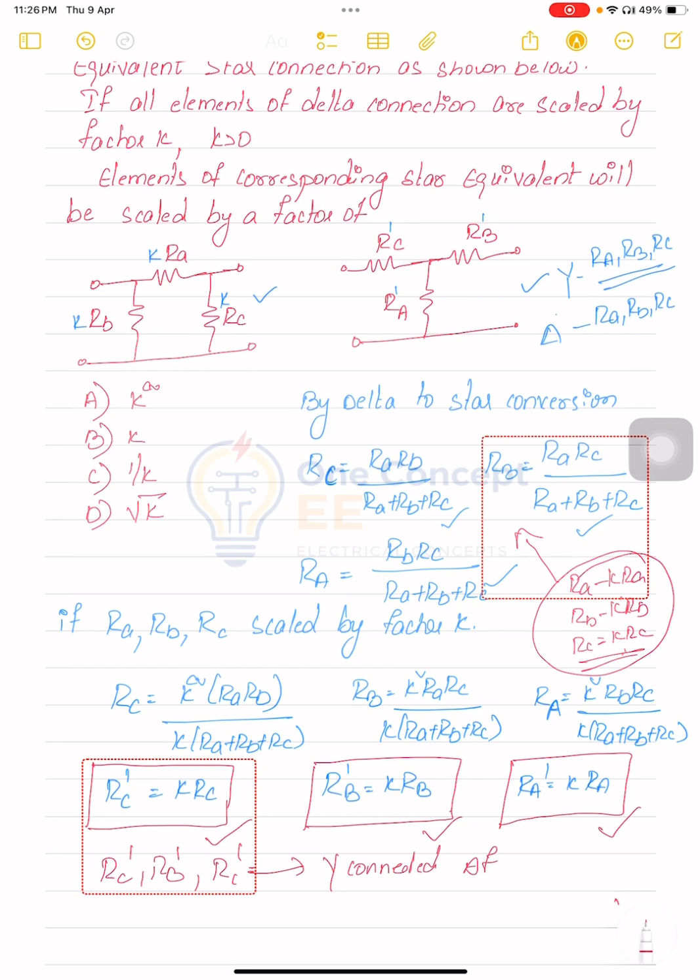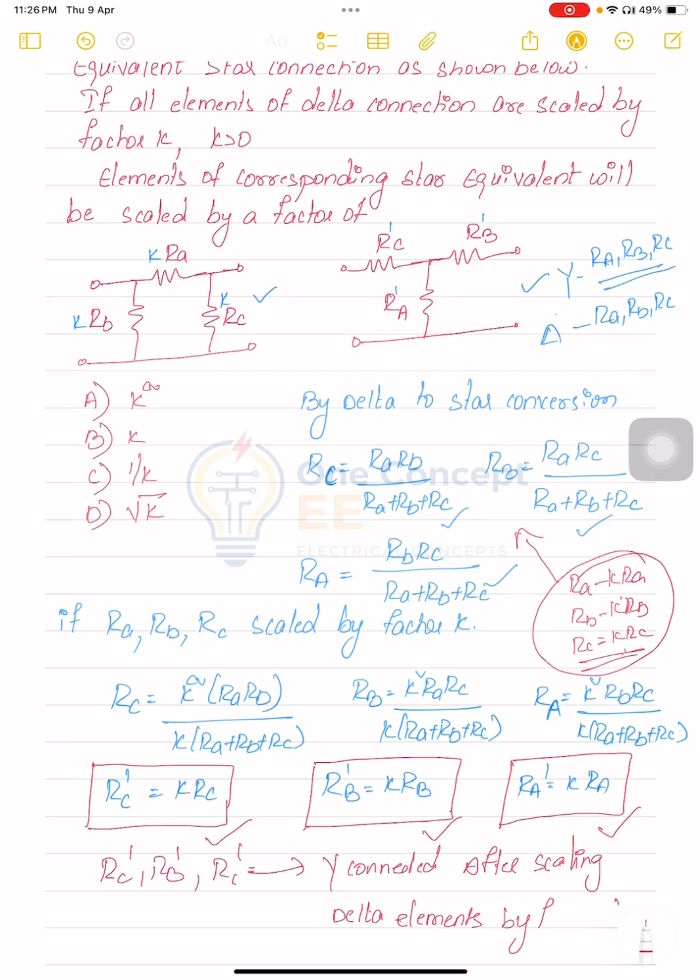after scaling delta elements by a factor of k. Means RA dash, RB dash, RC dash are the star connection after scaling the delta connection by a factor of k. Then the answer will be